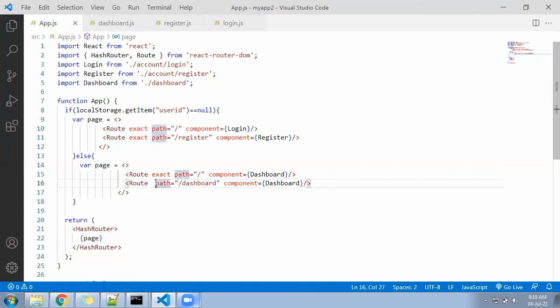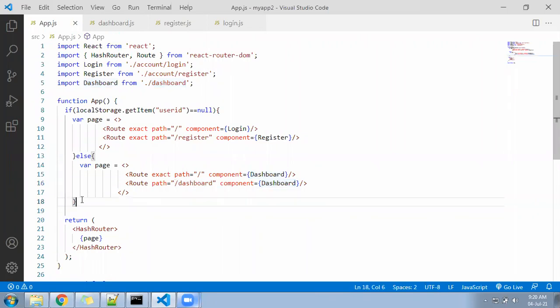By default, once the page redirects, it will go to the first one, because the first will match. Second time, once we click somewhere inside, then our parent URL will be dashboard and the child URL will be something else, because we are going to write the nested routing inside. So for that, both are required. One is for the exact path by default when the page refreshes after login, and another one is once the people click on the profile, item, product here, there, it should come dashboard slash particular. Okay, save it. See what you are getting.